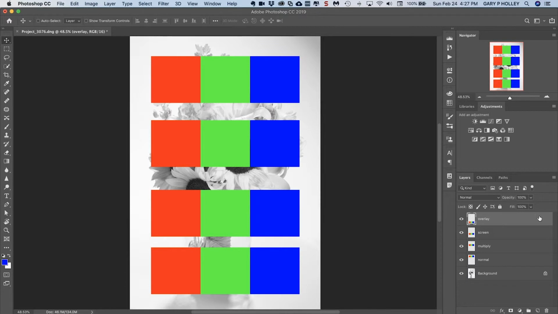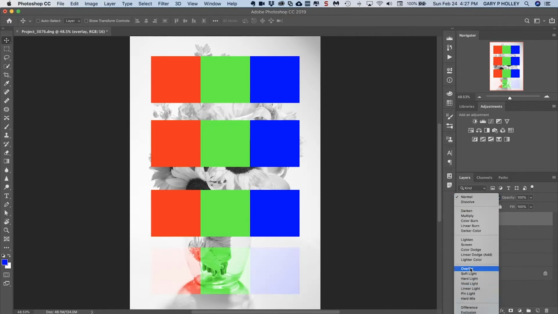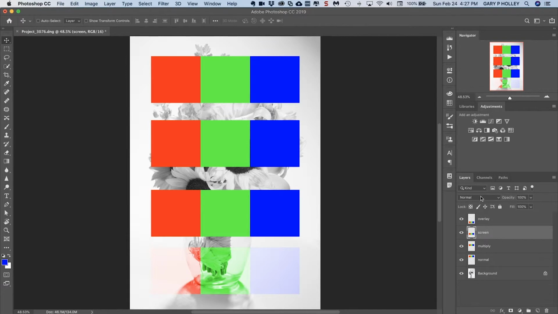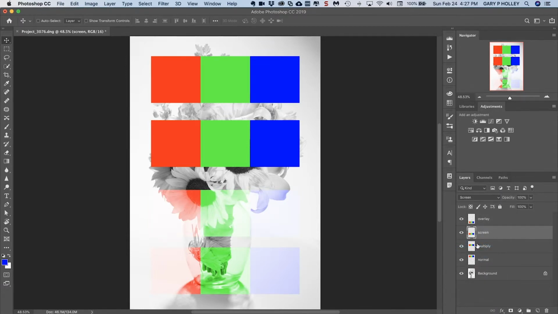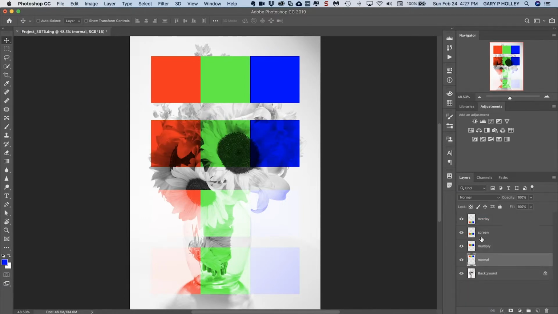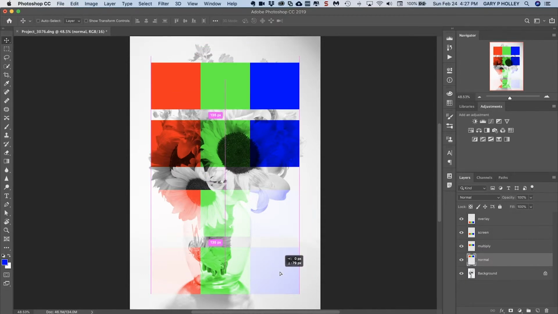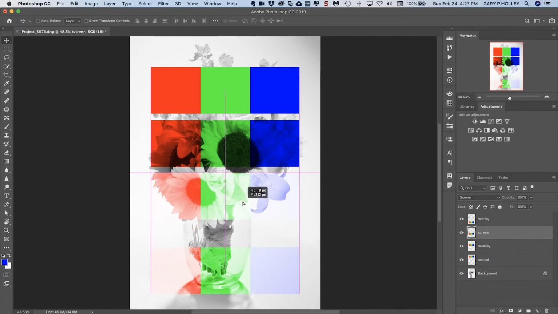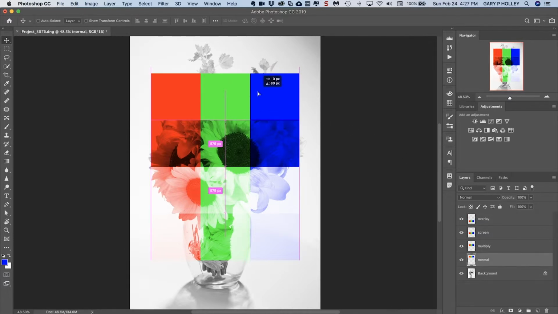So let's go in. I'm going to change this one to overlay. I'm going to change this one to screen. I'm going to change this one to multiply. And then this one obviously is normal. So if I go in, that's the normal one, I take a look at some of these other ones, like screen and even overlay, you can see that there's a slight difference among the layers, the way they affect the images